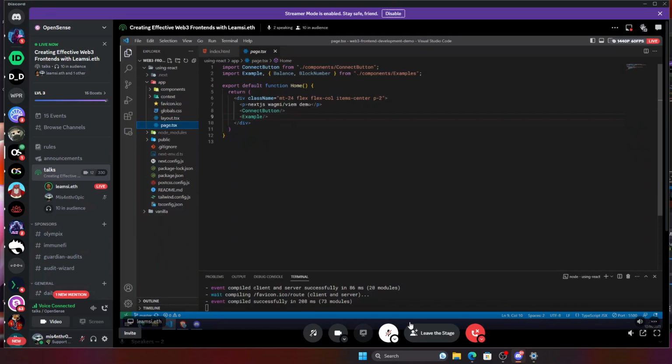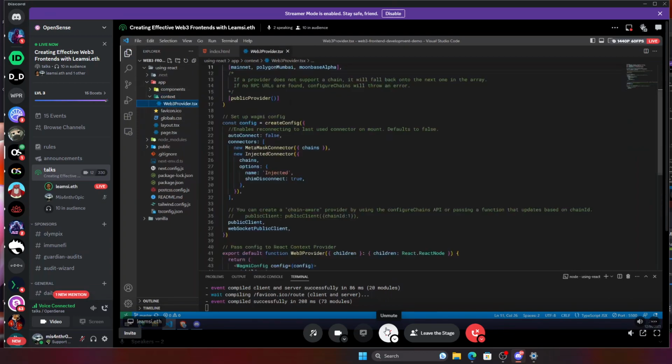So I wanted to use it. Next.js now generates the page on the server and then drops it on the client. So for all this Web3 stuff that depends only on the client,